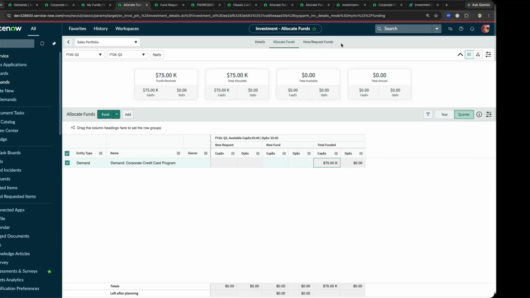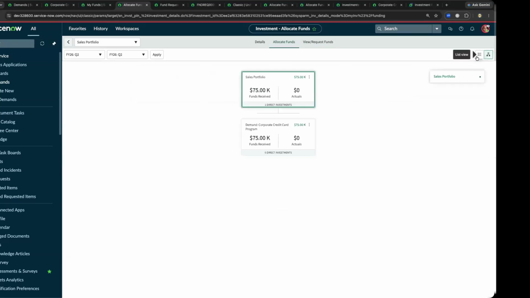So you have a request, you have funds for the portfolio, and the total allocated funds. If you have, let's say, 50 million funds received for this portfolio budget, then as you allocate the budget, you will have a variance between the funds received and the total funds allocated. I'd like you to take notice on the far right that it is looking at this type of hierarchy. You have the sales portfolio, and under the sales portfolio, you have a single demand allocated on